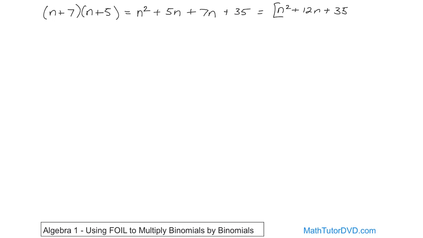Now, we're going to learn how to do it using a slightly different way. Let's rewrite the problem. I'll change colors. Let's say we have n plus 7 times n plus 5. All right, so